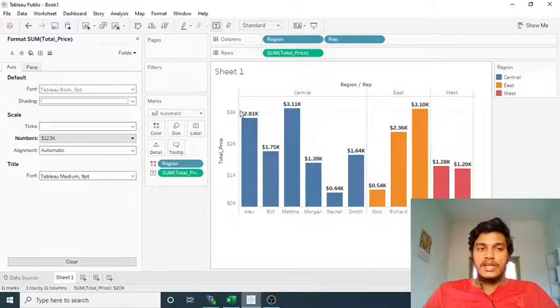Now the total price scale is also the same, and the region scale is also fine.